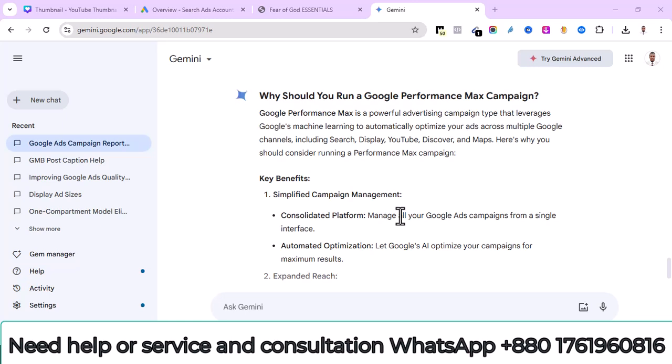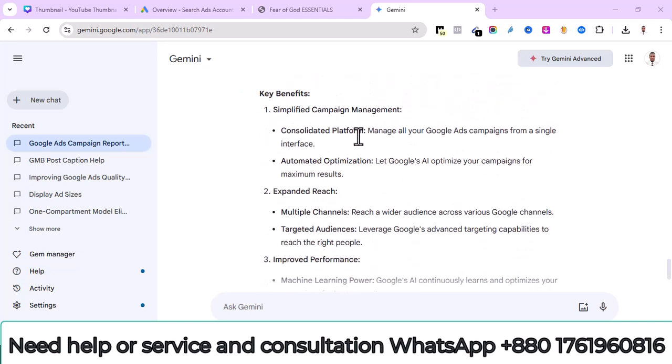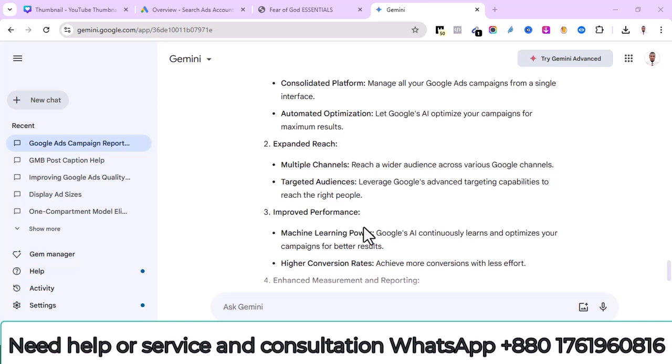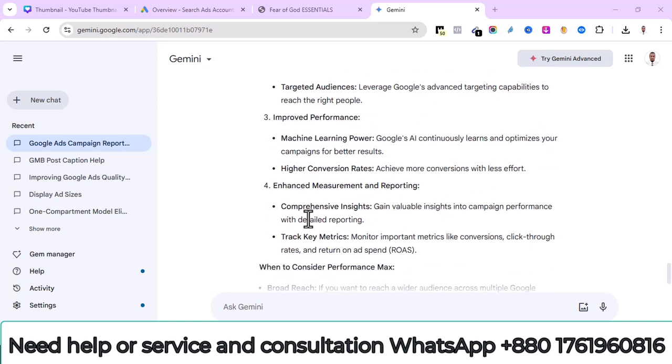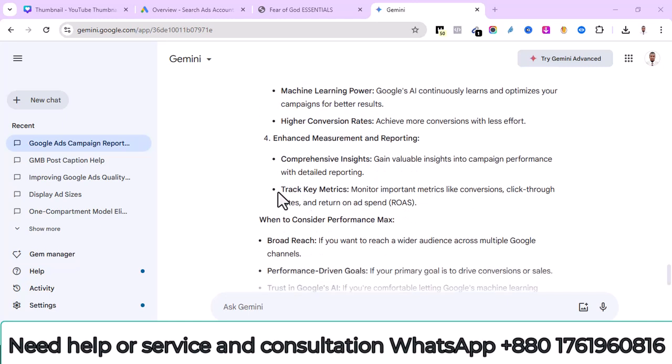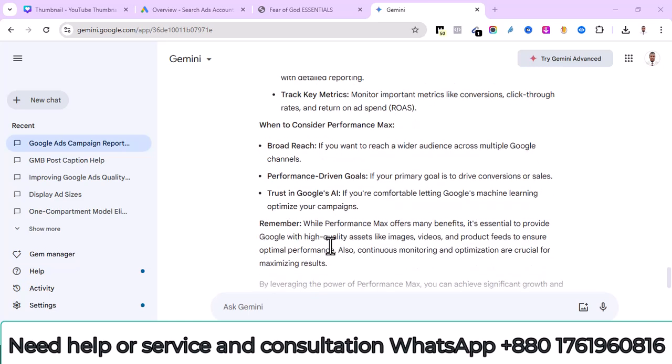Key benefits, Google already says: simplified campaign management, consolidated platform, automated optimization, expanded reach, improved performance, machine learning power, high conversion rate, multiple channels, targeted audience, enhanced measurement and reporting, comprehensive insight and track key metrics. And they also say when to consider Performance Max: a broad reach, performance-driven goals, trust Google AI. Remember, while Performance Max